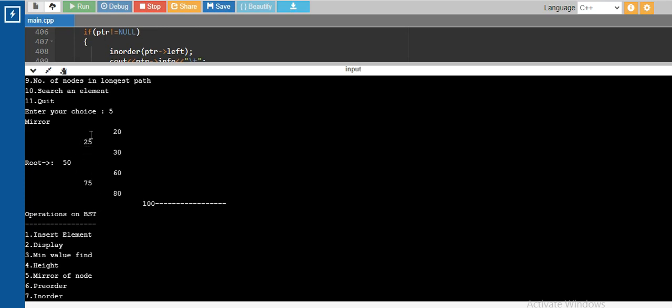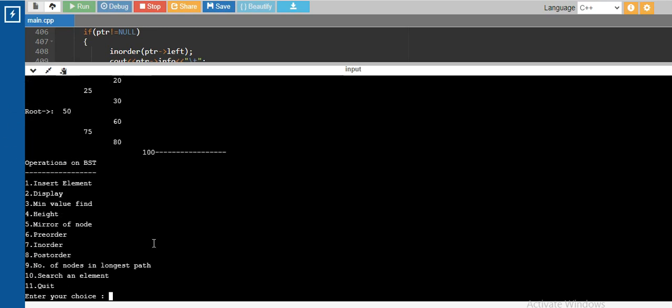So 25 is now on the right side, and the 75 is on the left side. In the same way their children are also swapped. The 20 is on the right now and 30 is on the left. 60 is on the right now and the 80 is on the left, and 100 is on the left as well. Previously 100 was on the right of the 80, right? But it is on the left now. So here the roles of left and right child are swapped. This is what we call the mirror.